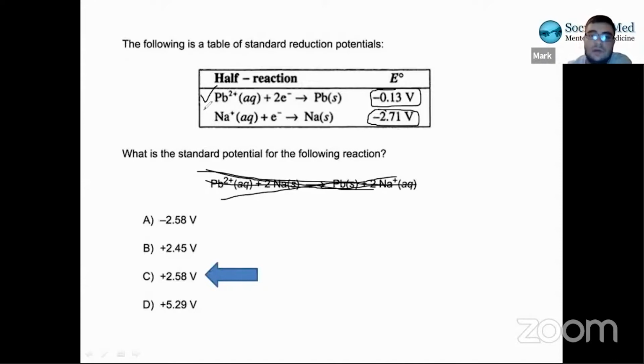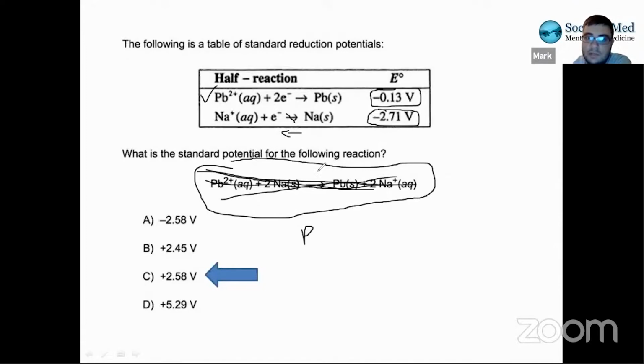So then what you would have to do is use this one for oxidation, and that means this one is going to be the one that gets flipped. And that's it. Then you could just get the full reaction from that, because you would keep the Pb2 plus from this left side. Because you flip the arrows, now the Na, the neutral Na, is on the left side. Again, you have to multiply by 2 because there's 2 electrons here, only 1 here, so you have to multiply this whole equation by 2, and then you just get Pb, this one on this side, plus